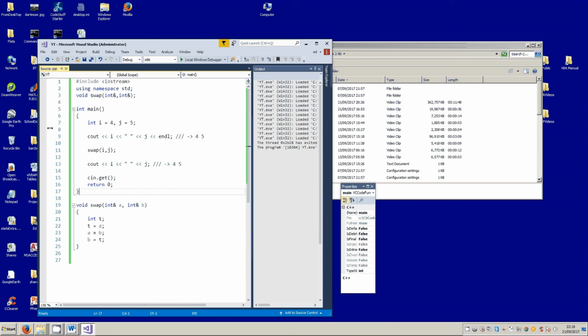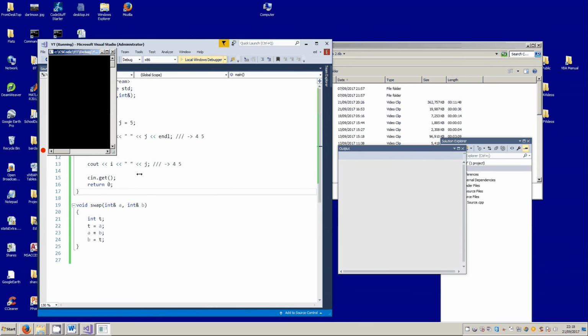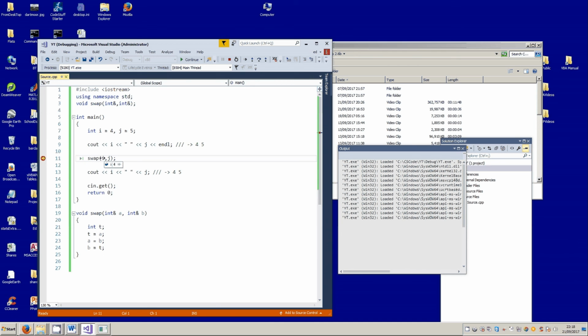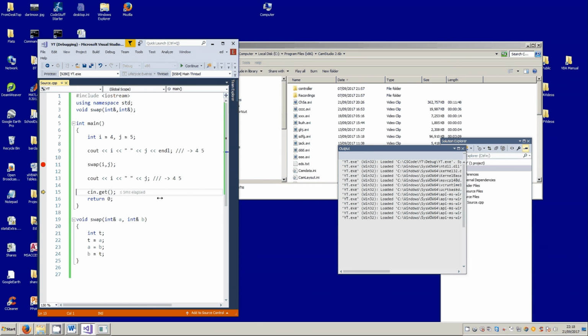Maybe we could try doing a single step. So I'll run the program down to here, and now we can see the value of I. This I is 4, and the j is 5. So if I press the F11, it takes me here, 4 and 5, as expected. Now this code does all the swapping, and when it comes back, you can see that I is 5 and j is 4. And if I then continue F11, now be careful, F10, it prints out the two values of I and j somewhere behind here, and then I continue on, and it prints out 4 and 5 here,